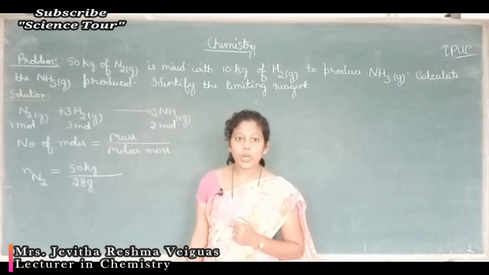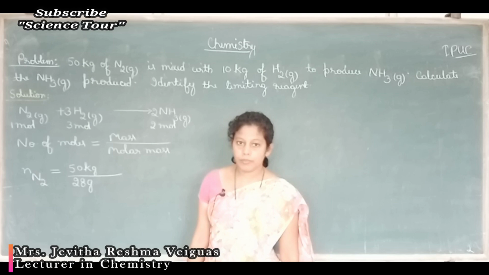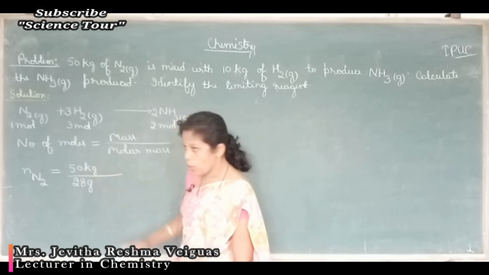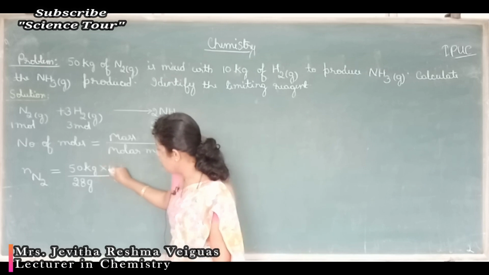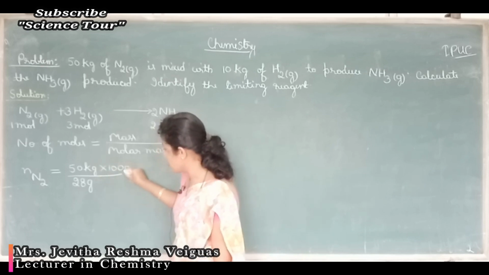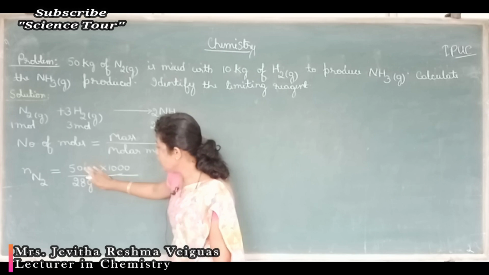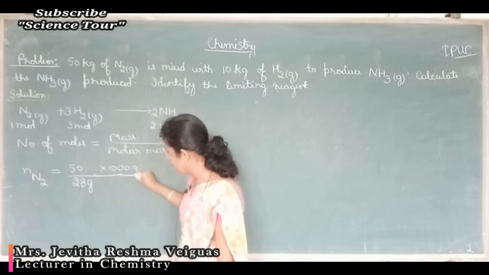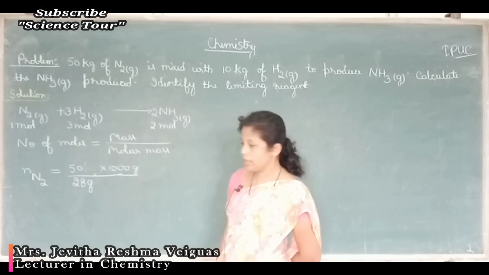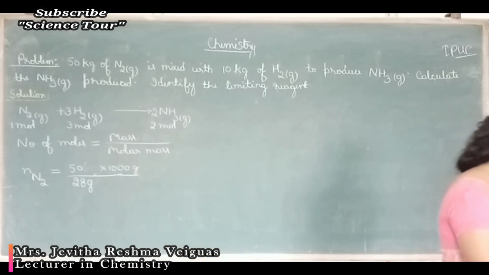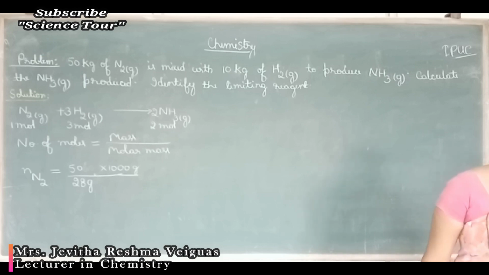Numerator I have in kilograms, denominator is in grams. So let me convert 50 kilogram into grams. In order to convert it into grams, I should multiply by 1000. At that time, 50 kilogram will turn into 50 into 1000 grams. So find how much it is. It is 50 into 1000 divided by 28. That is equal to,